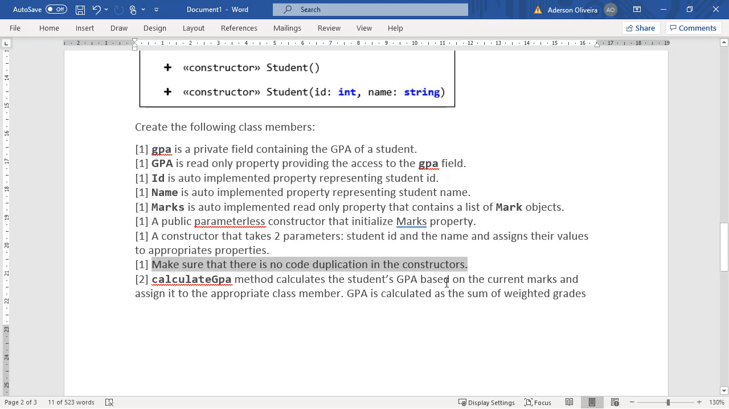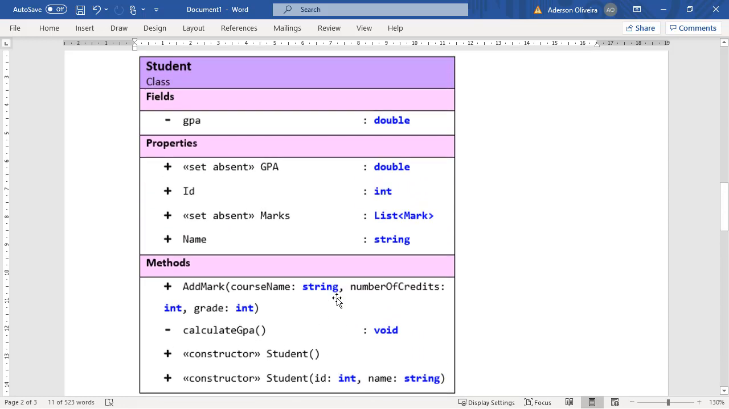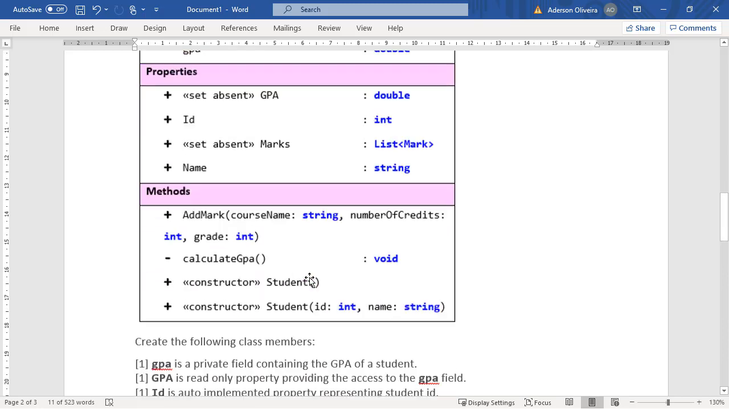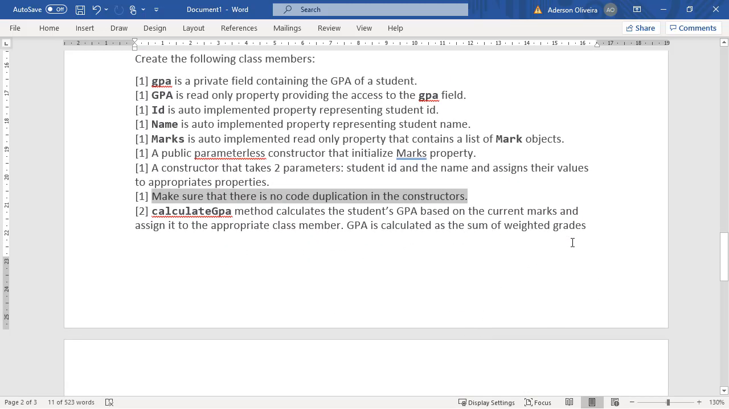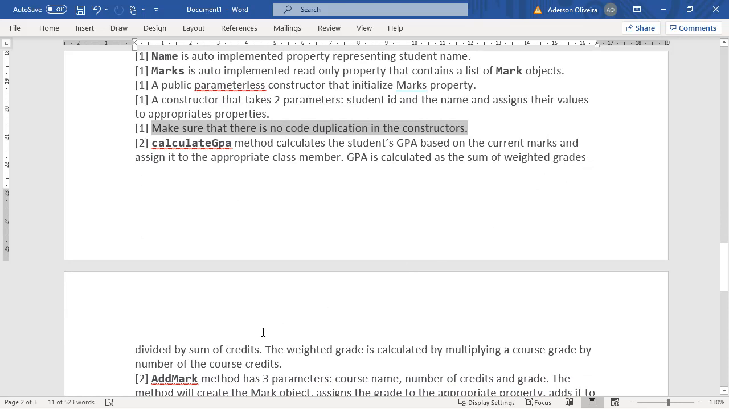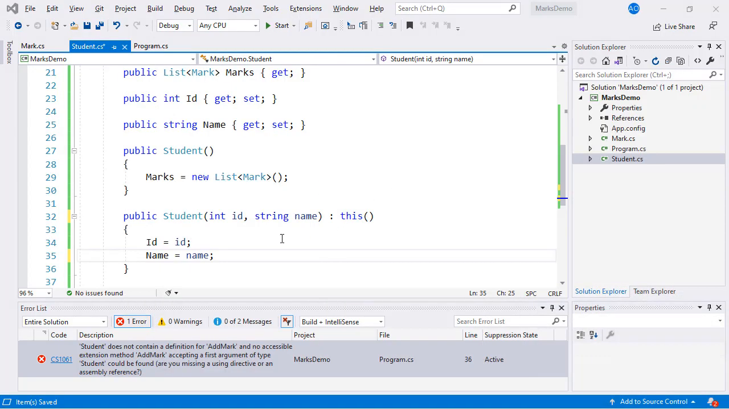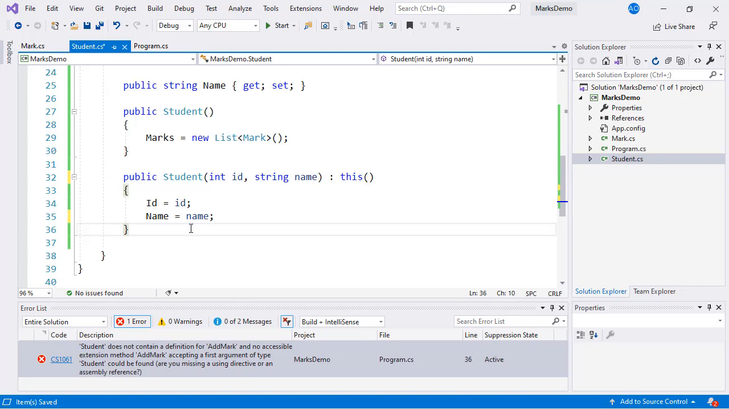Calculate GPA method calculates the student's GPA based on the current marks and assigns it to the appropriate class member. What is the appropriate class member? The GPA. GPA is calculated as the sum of the weighted grades divided by the sum of credits. The weighted grade is calculated by multiplying a course grade by the number of credits of the course. There's a little math that goes on here, but I'm going to go step by step as we develop